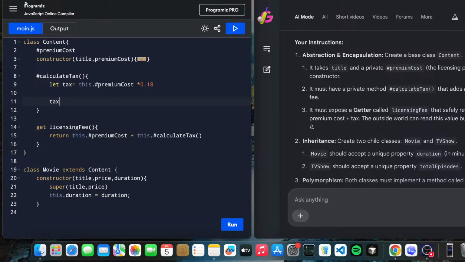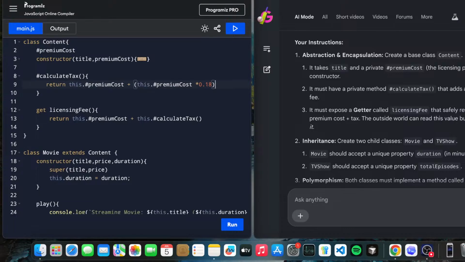So after calculating the percentage, we will add it to the premium cost, and we get the result. Let's directly return this.